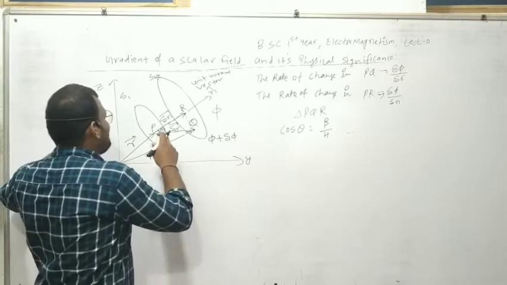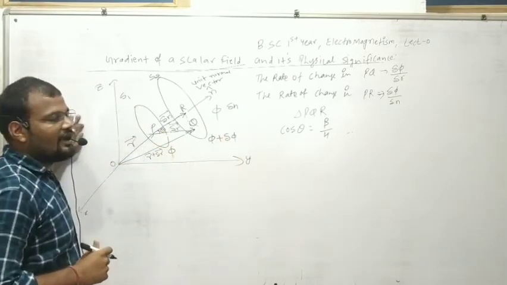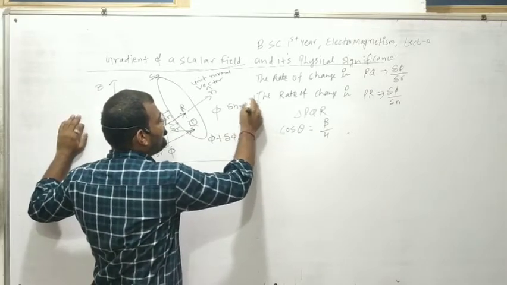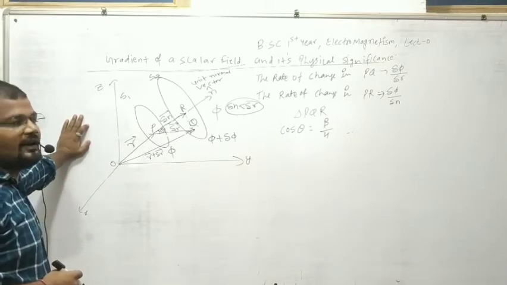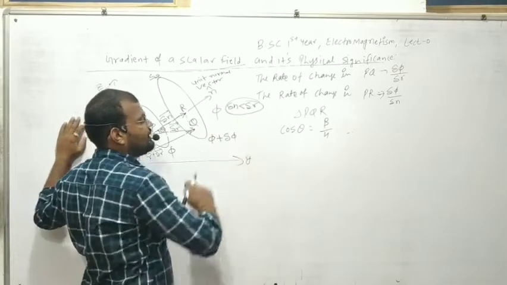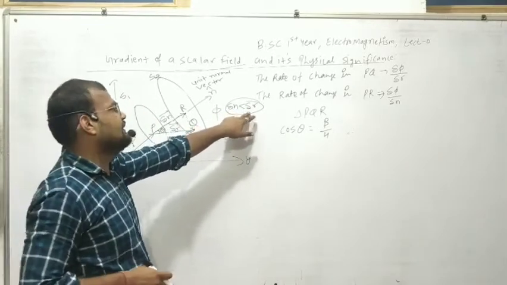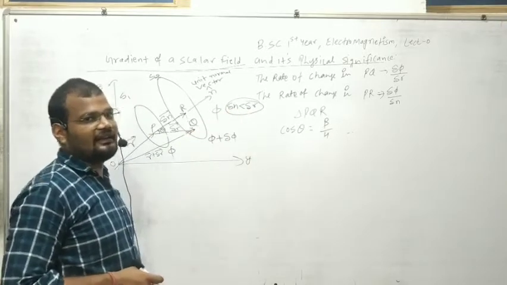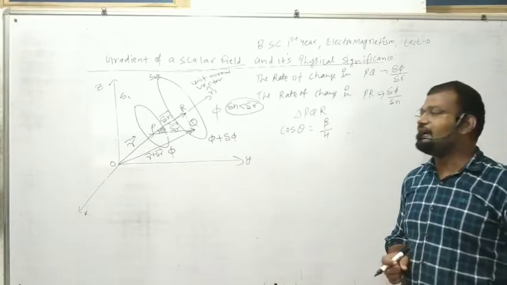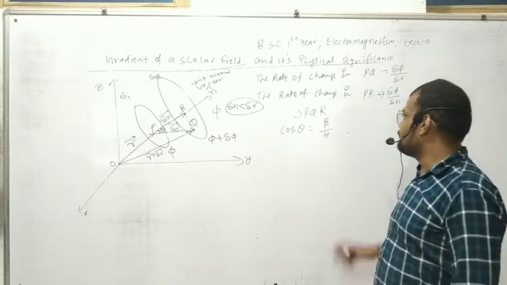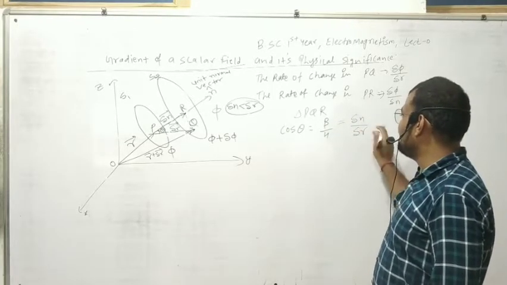So I have told you that del n is the minimum distance between the surface S1 and S2, and del n is less than del R. So according to you, what will be the base and what will be the hypotenuse between del n and del R? If del n is less than del R, then del n will be your base and del R will be your hypotenuse, because base is always smaller than the hypotenuse. Okay. So your base will be del n and hypotenuse will be del R.